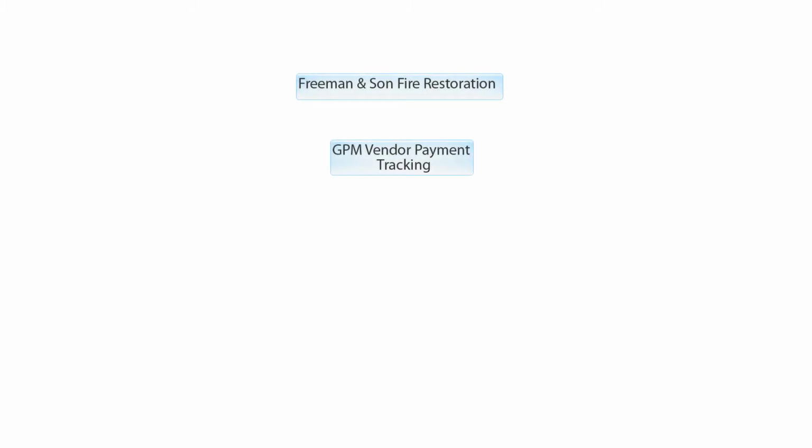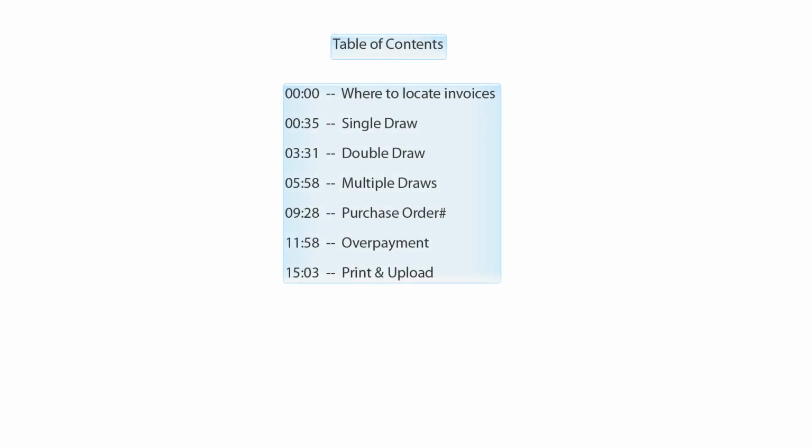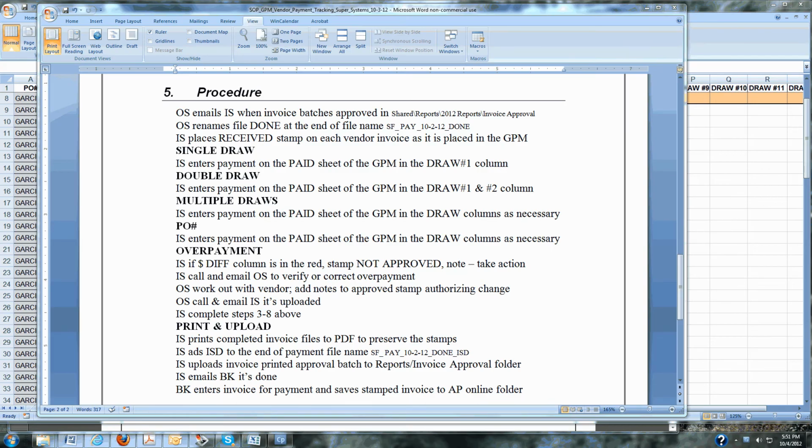The lesson we're going to be doing today is the GPM vendor payment tracking. So once the outside super emails the inside super that batches of approved invoices are done, you can find those